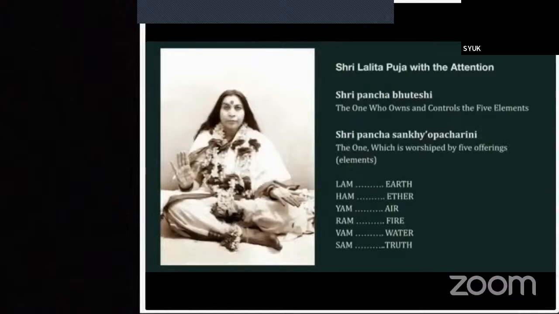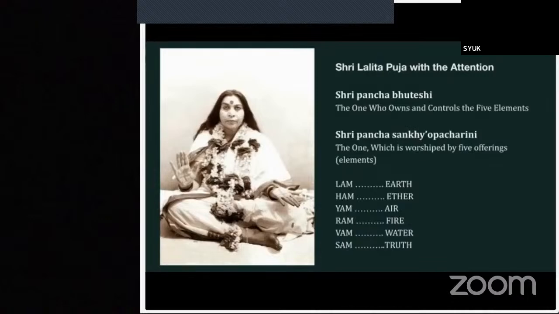We will do a symbolic puja together to Sri Lalita. We will offer the 5 bija mantras that symbolize the 5 elements, and the 6th bija Sam, which symbolizes the truth.